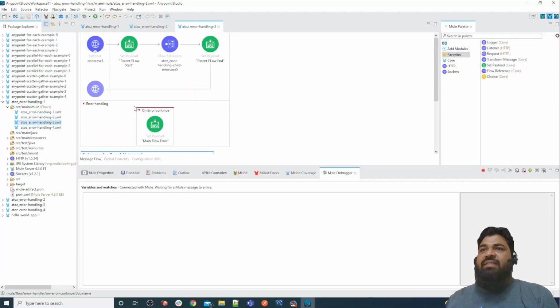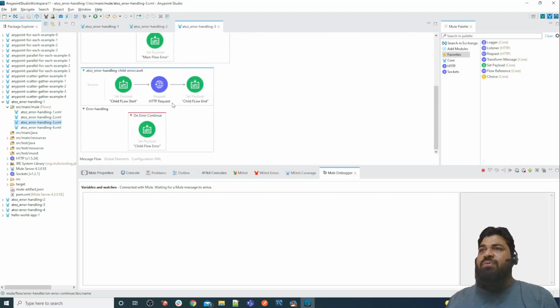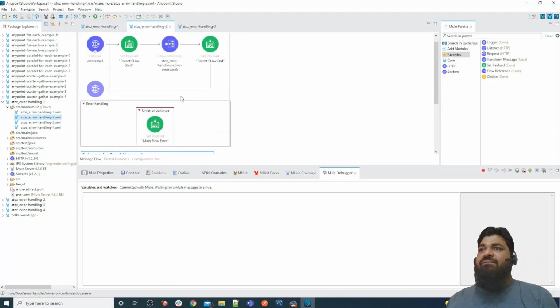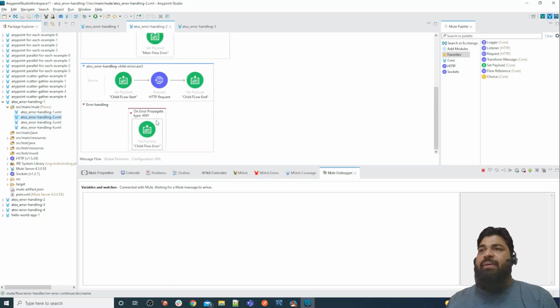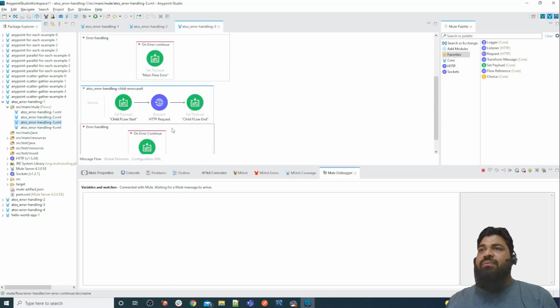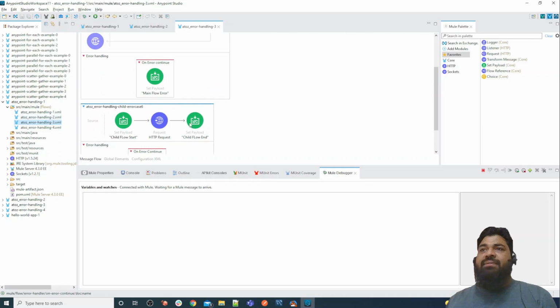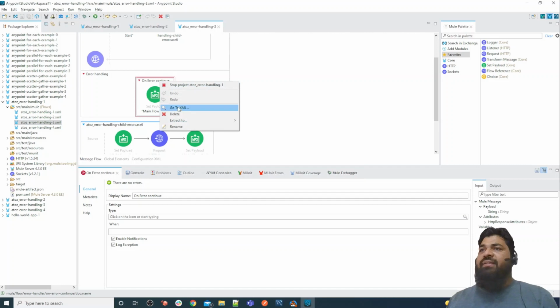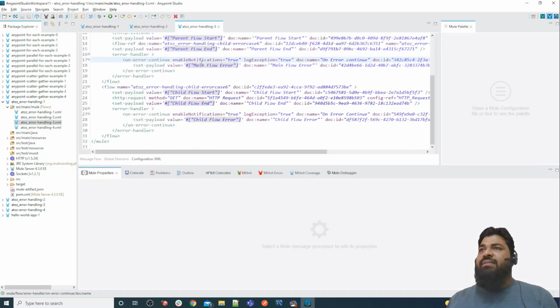And let me change here. Suppose we have on error continue here and on error propagate here, and below we have on error propagate. So here I'm going to change it to propagate.